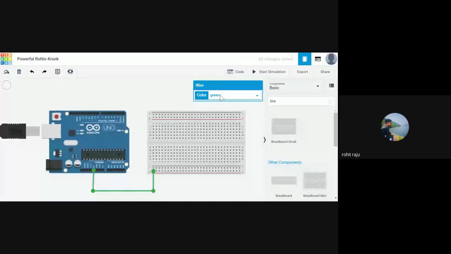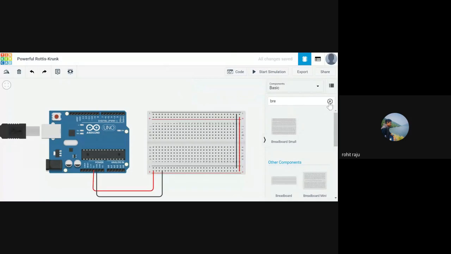Let's make it red. Connect these two. We won't be using these rows actually, but it's good practice to make such connections. So we'll be ready.